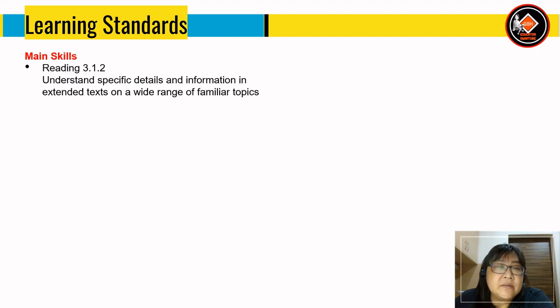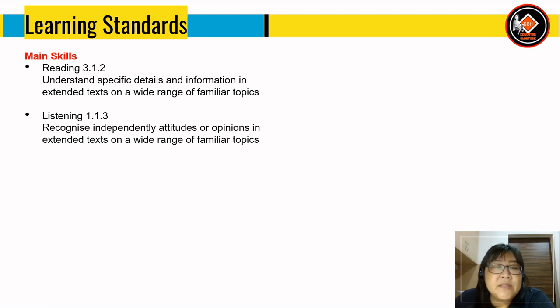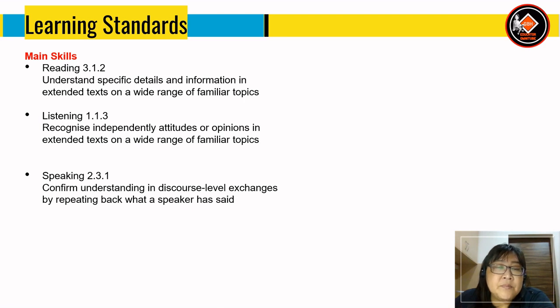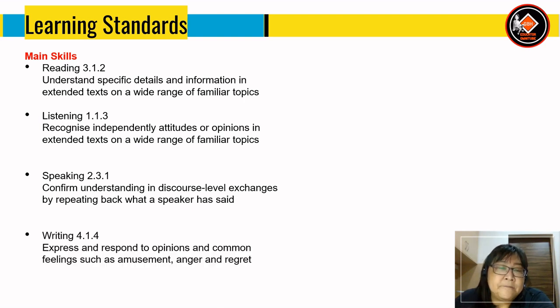So we have the main skills. Reading 3.1.2, understand specific details and information in extended text on a wide range of familiar topics. Then we have listening 1.1.3, recognize independently attitudes or opinions in extended text on a wide range of familiar topics. And then we have speaking 2.3.1, confirm understanding in discourse level exchanges by repeating back what a speaker has said. And then the last one, writing 4.1.4, express and respond to opinions and common feelings such as